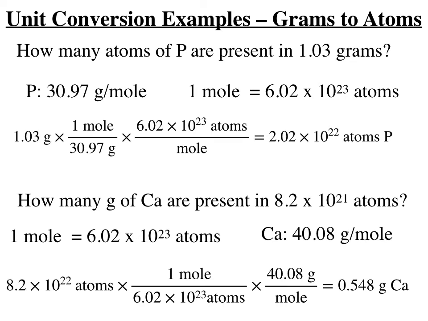In my first conversion, I want to eliminate atoms and change to moles. So I use Avogadro's number, lined up so that Avogadro's number itself is on the bottom because it's attached to the atom unit. The mole unit is put onto the top of that ratio. If I stop there, I would have the number of moles of calcium that are in my 8.2 times 10 to the 21 atom sample. But what I do after that is convert those moles into grams by multiplying by the molar mass,